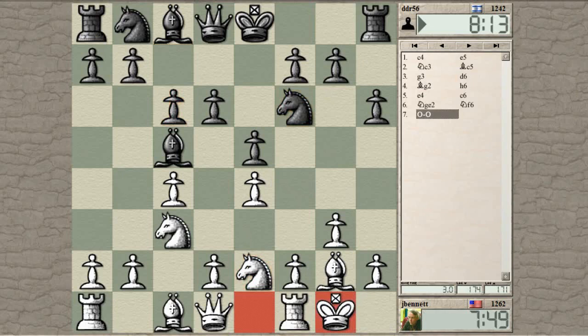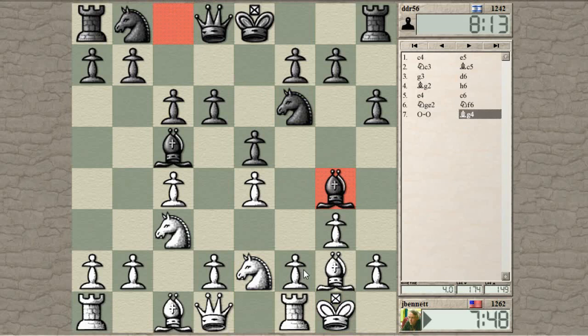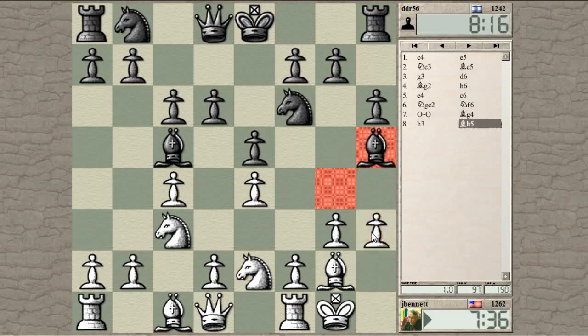So that gave me time to castle here. His pawn moves weren't all useless because he also prevented me from playing bishop to g5, which I might have liked to play. So let's kick that bishop. I want to kick the bishop before he has a chance to set up a queen and bishop battery, and that would prevent me from playing this move because h2 there is a good square for the king to run to